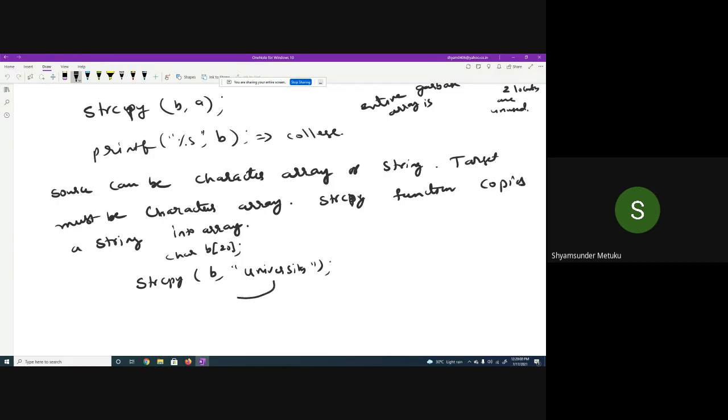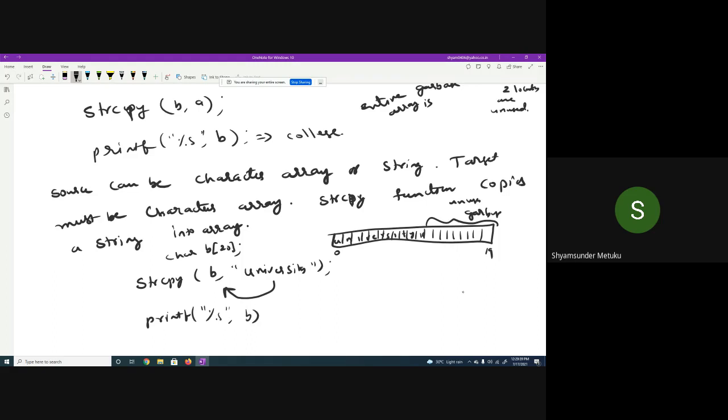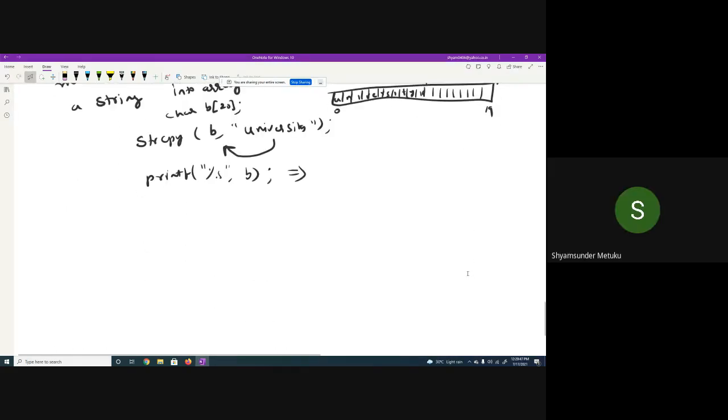The string university is going to be copied into B. When I declare char B of 20, I get a memory of 20 locations. Assuming this is 0 and this is the 19th location, then UNIVERSITY followed by the null character. These are all unused locations, the garbage remains, but they are unused. Whenever you print %s with b, what is going to be the output? University. Very good.